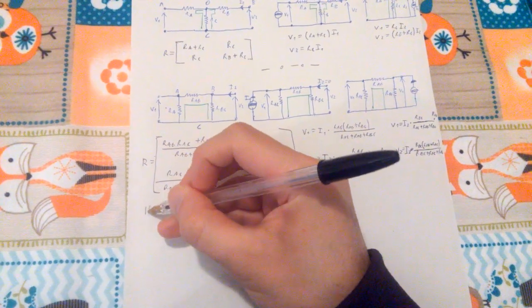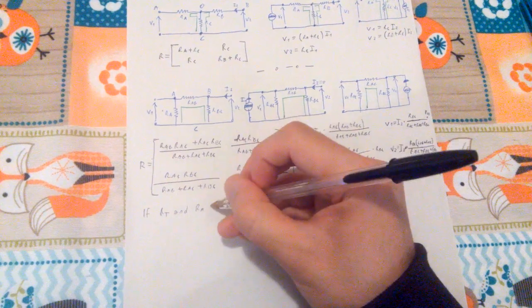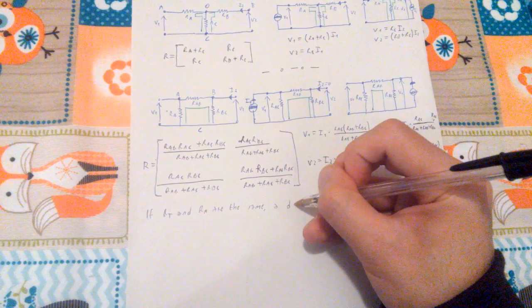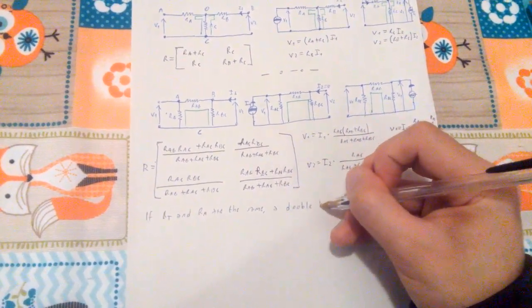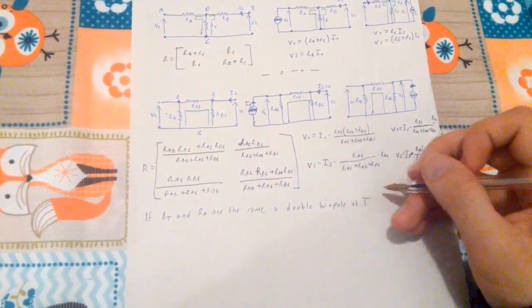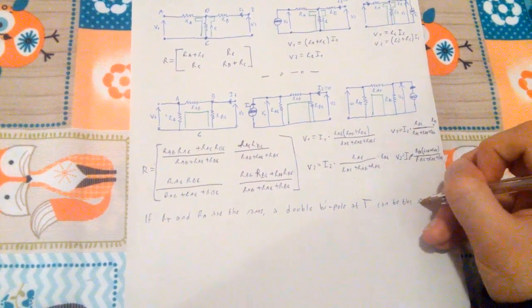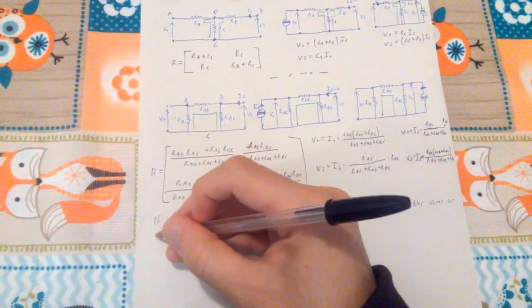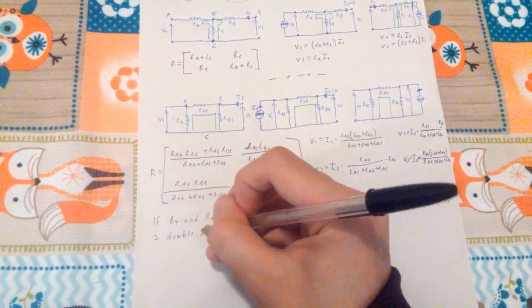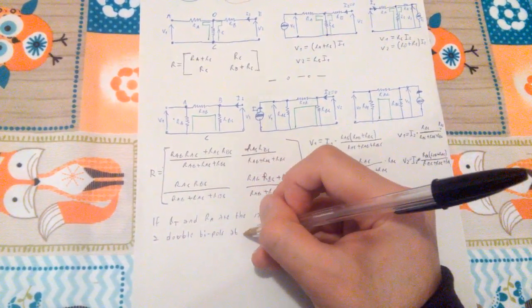So if RT and RM are the same, a double bipole at T can be the same as a double bipole at pi,